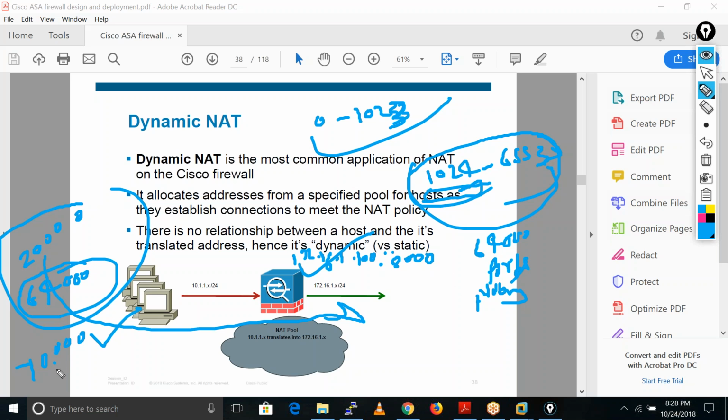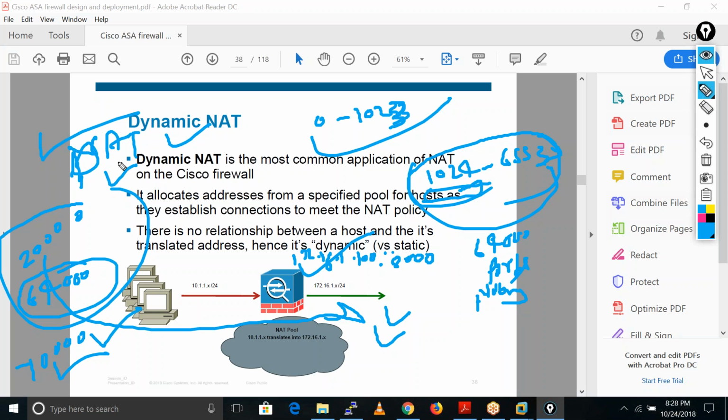If we have more than 64,000 users, we need two public IPs. So that is the benefit of using PAT. Just remember this: every organization uses PAT, no one uses dynamic NAT, because with PAT we can translate one single IP address for multiple users.